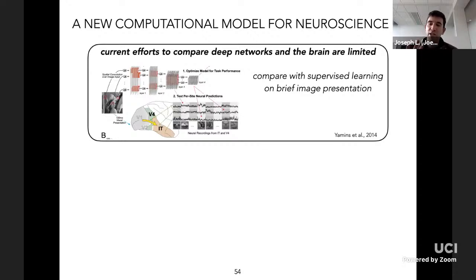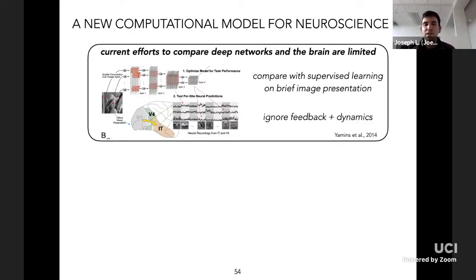You flash an image, you just get the bottom-up pass of neural activity, and then you try to link that up with what we have from training things like AlexNet and VGG and these types of networks. There's been a lot of interesting work there, but I think there's a real limitation of these works,